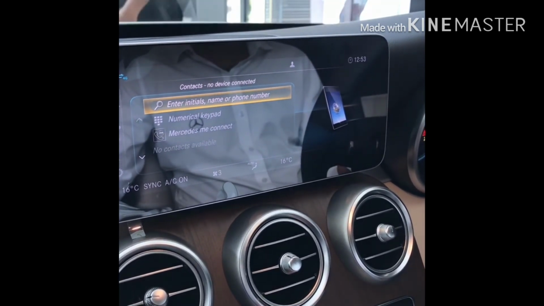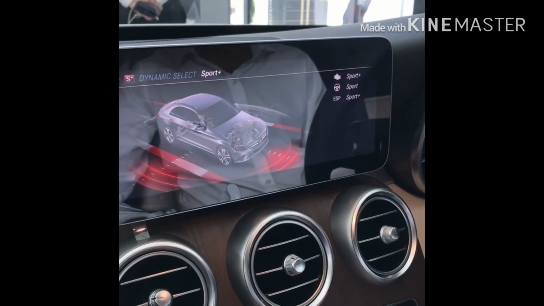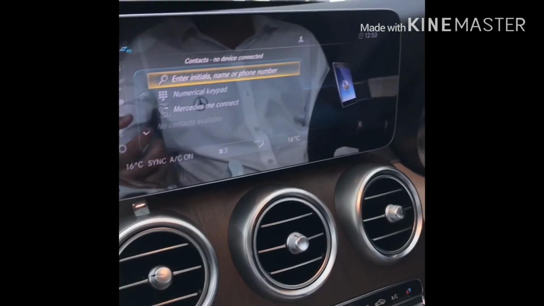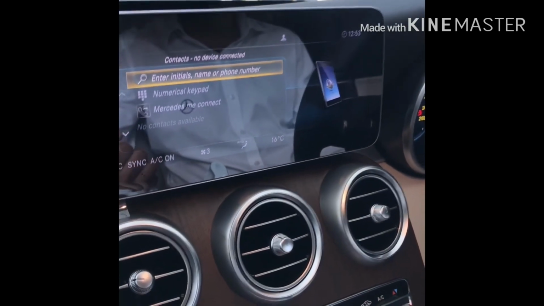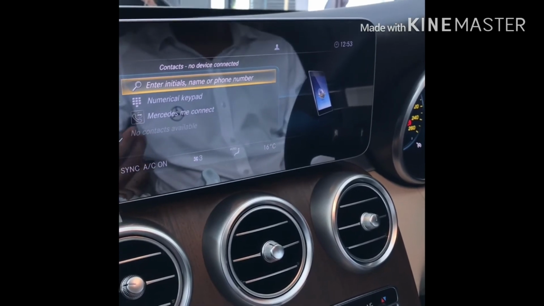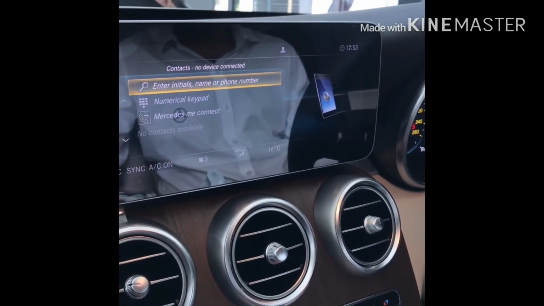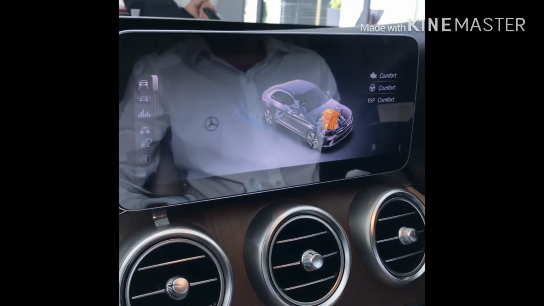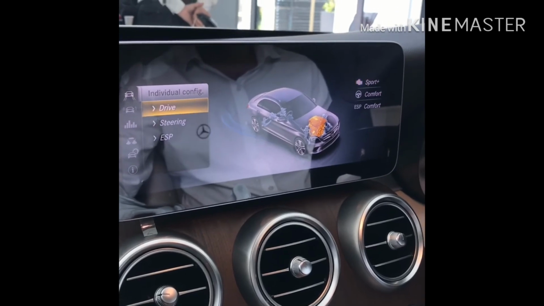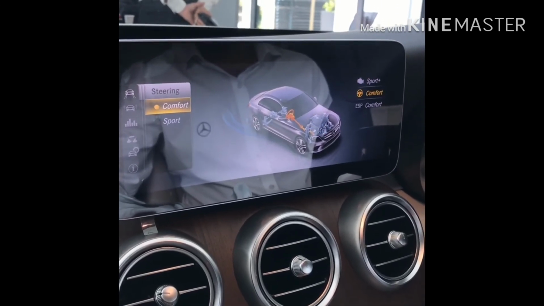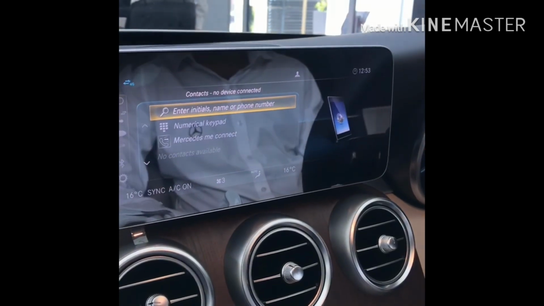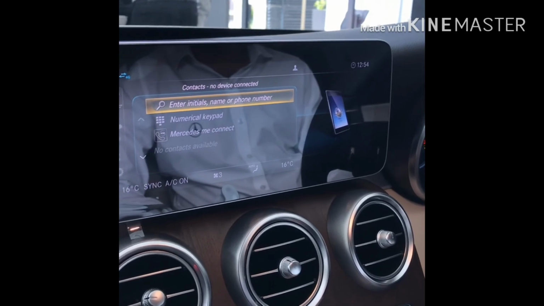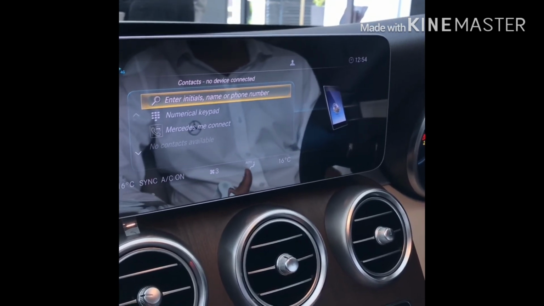Another mode that we've got is Individual mode, which is a self-adaptive mode. Individual mode means that in case you're going for a long drive and you do not want to get tired, because if your steering is going to be stiff, you're going to get tired in a long journey. So what you can do is keep the drive quality, which is the engine and transmission, on Sport Plus mode, and you can keep the steering on a comfort mode. So what that does is it gives you a smooth and soft steering wheel along with giving you maximum performance from your engine. So it gives you the best performance and you'll never get tired in a long run journey.